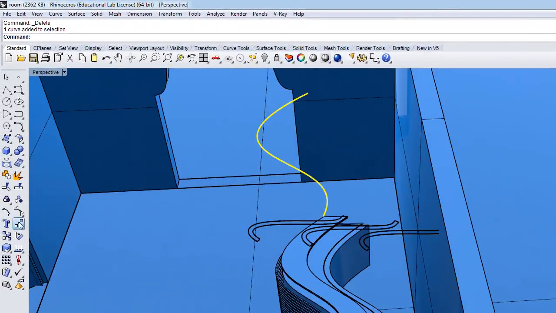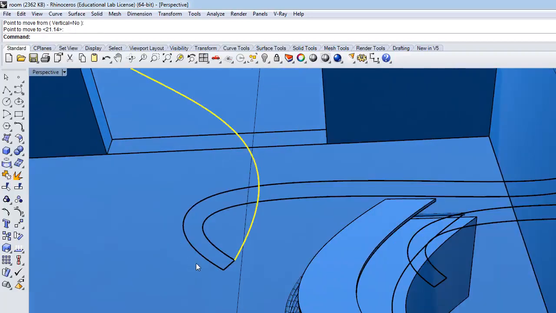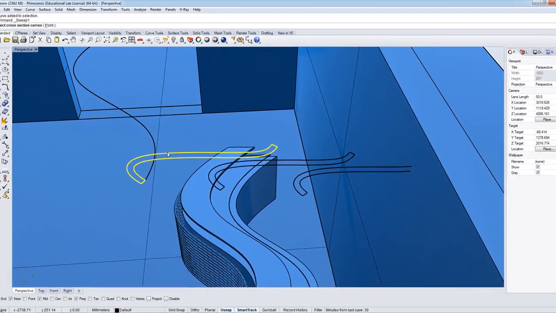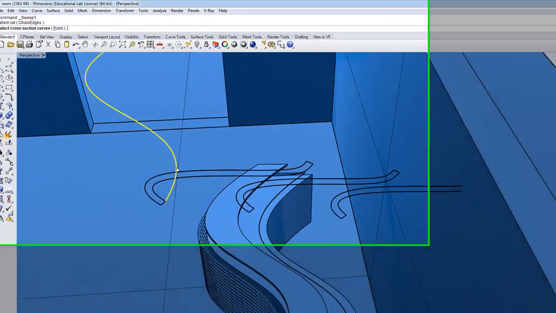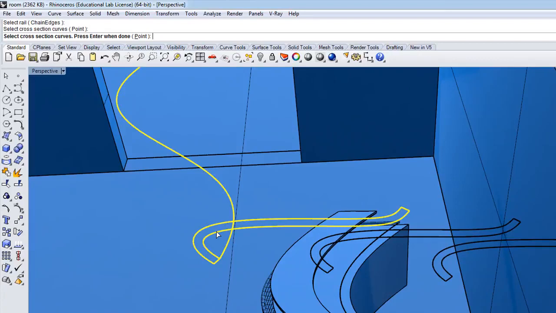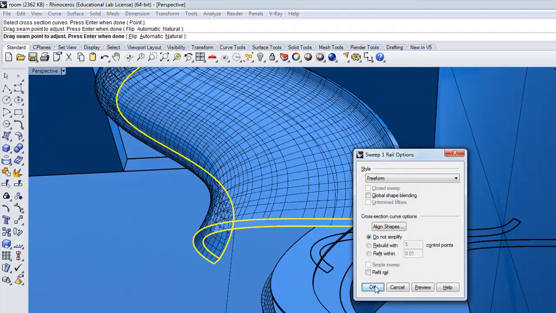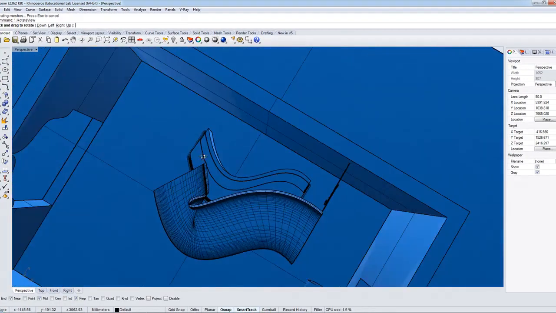I'm going to move the end of this line to the beginning of the curve and do it again. So do a one rail sweep. Okay, do it again. Do a one rail sweep. Select the rail and select the cross section. Press enter and just say okay. And this time it sort of worked okay, but